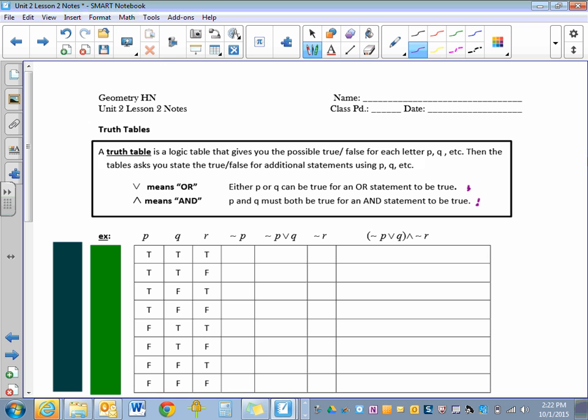Alright, so an or statement. Say I'm just looking at this here. I love math. Or I love green. An or statement. In order for the entire or statement to be true, either the first one has to be true or the second one has to be true. Alright? So for an or, either one. Now for an and statement to be true,